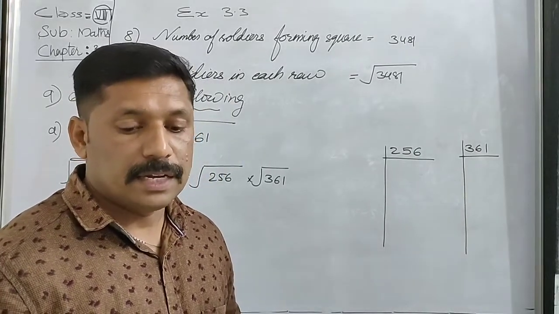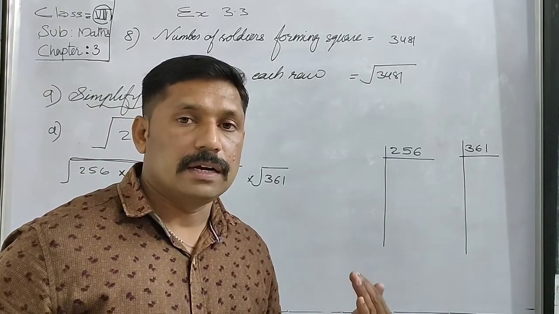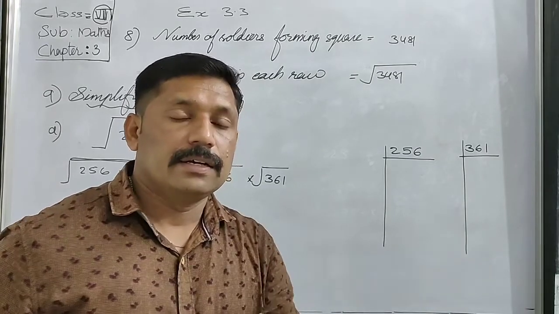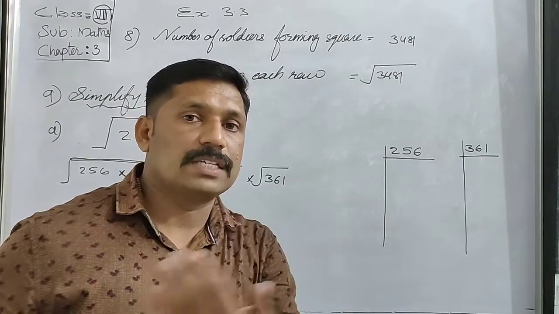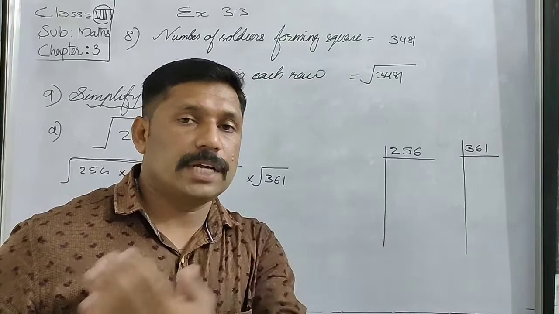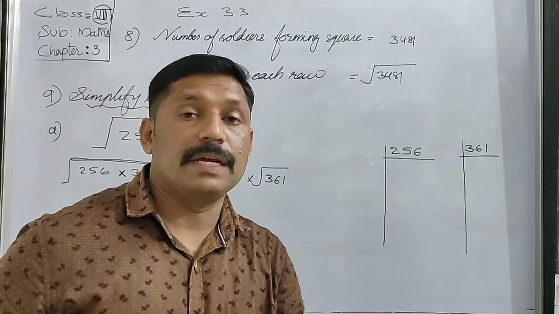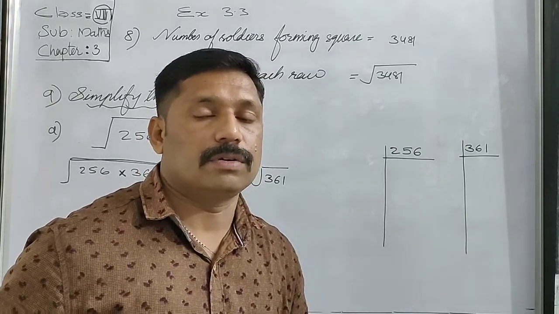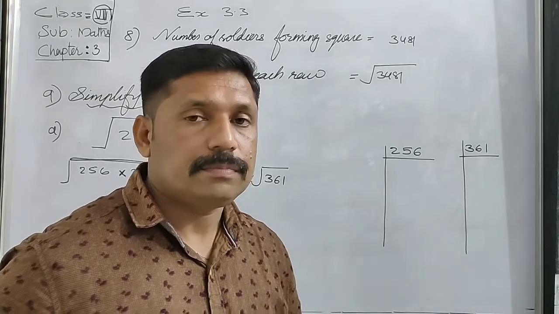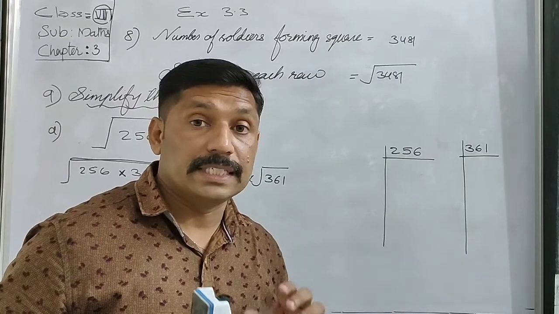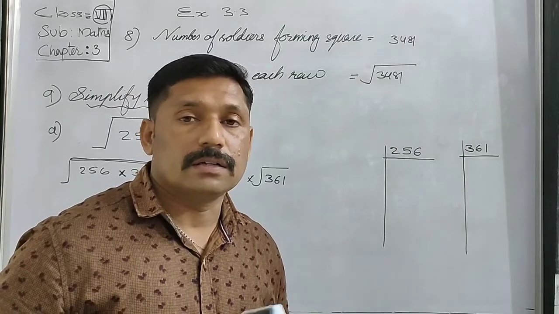Means in a stadium, some soldiers are standing in a row, horizontally and vertically. You know that they are equal in number. That's why a square is formed. Square means all sides are equal. So when soldiers form the shape vertically and horizontally, the lengths are equal. That means the number of soldiers is the same both horizontally and vertically. In that way they stand and form the shape of a square. Then what is the number of soldiers in each row or each side? How many soldiers are there?